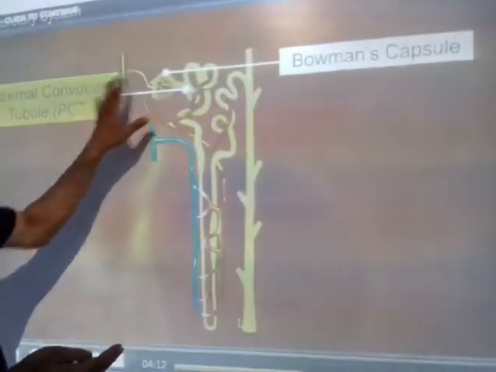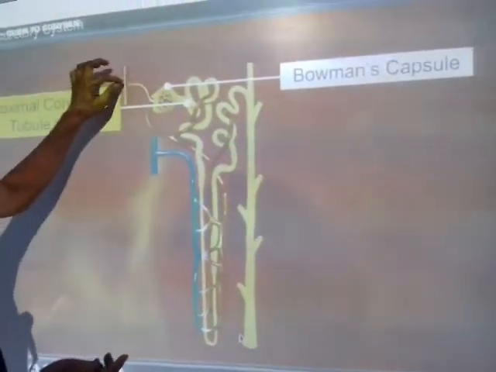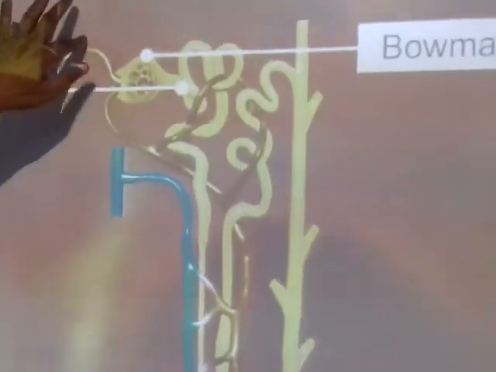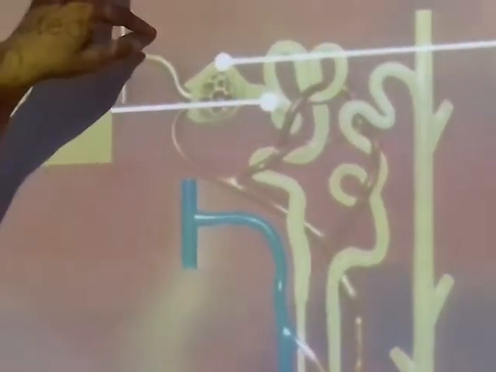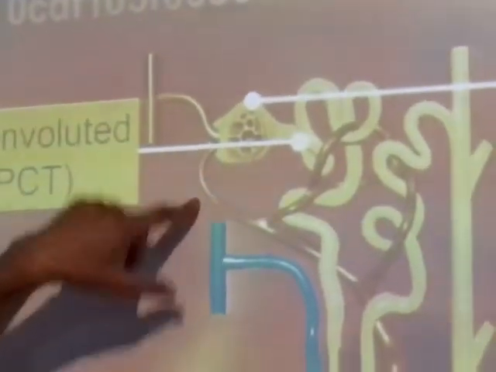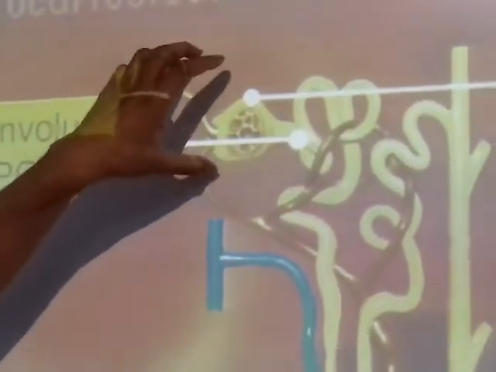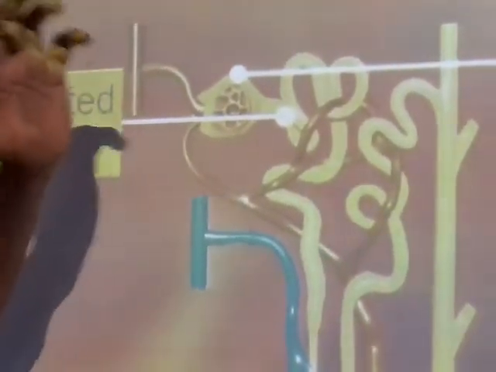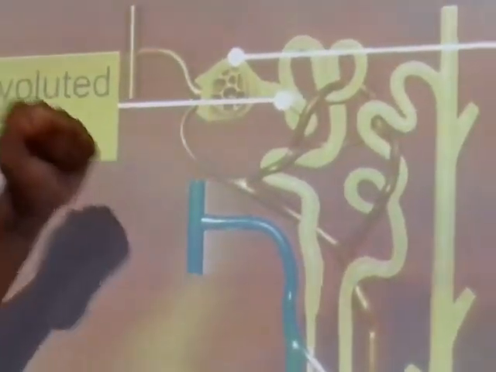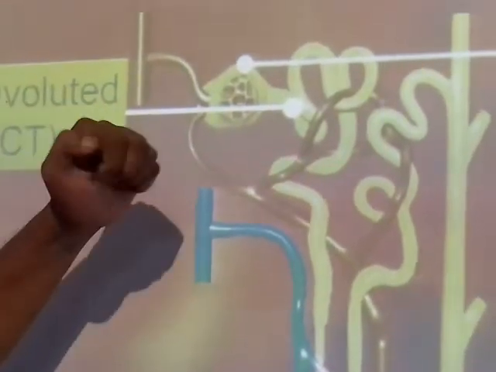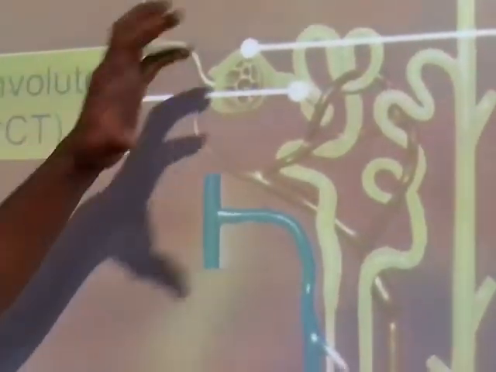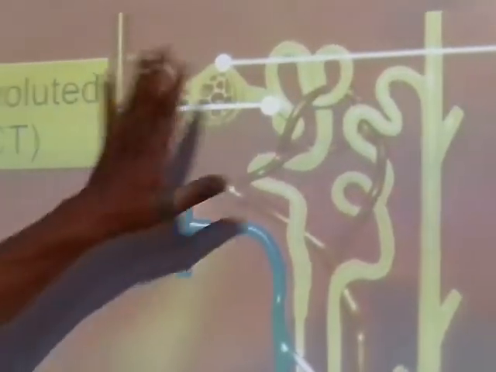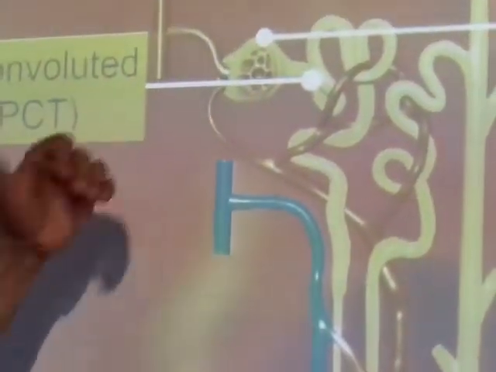So actually you can see here there is a structural difference between the afferent arteriole and the efferent arteriole. The afferent arteriole is thicker, the efferent arteriole is thinner. Now that creates some hydrostatic pressure inside this glomerulus, which allows the process of ultrafiltration, where the toxic material as well as good material is forced out of the glomerulus into the Bowman's capsule. Now we are going to study about the histology a little bit later.